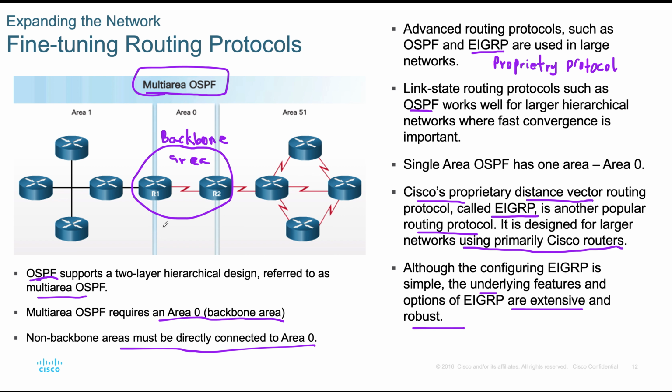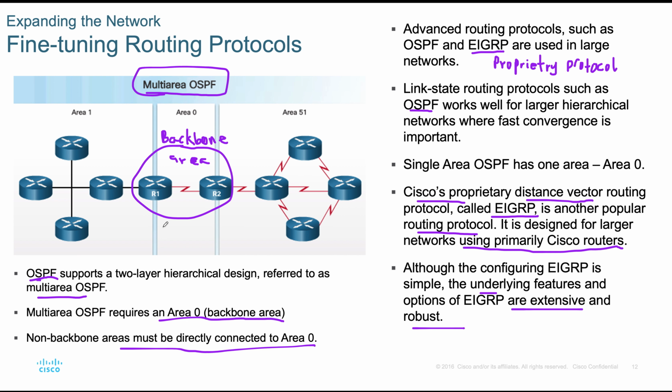Now, the protocols we use, according to Cisco, there are two very pragmatic protocols: the link state protocol, which is the OSPF protocol, and the distance vector routing protocol, which is called the